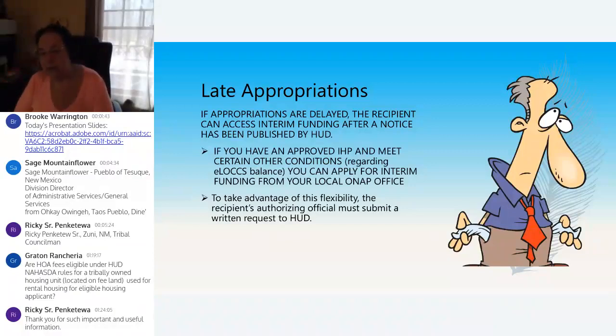If your appropriations are delayed, you can access interim funding. HUD will put out a notice. You have to actually contact your HUD office. I always called them first. The HUD office, you know, it would have to go in writing